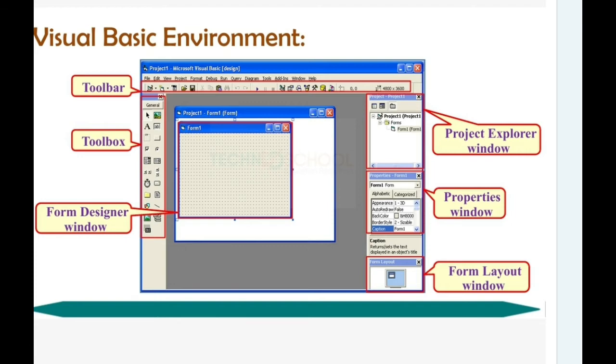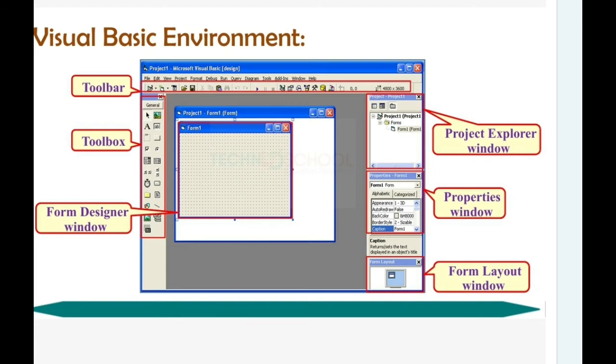In the front end, we can see GUI options, graphical user interface options. Using the menus, the controls, and the text box and labels, we can enter the data. Once you enter the data, it goes and is stored in the back end as a database format. Using database creation languages, we can store our data in the system. So this is the definition for the front end and back end of software components.